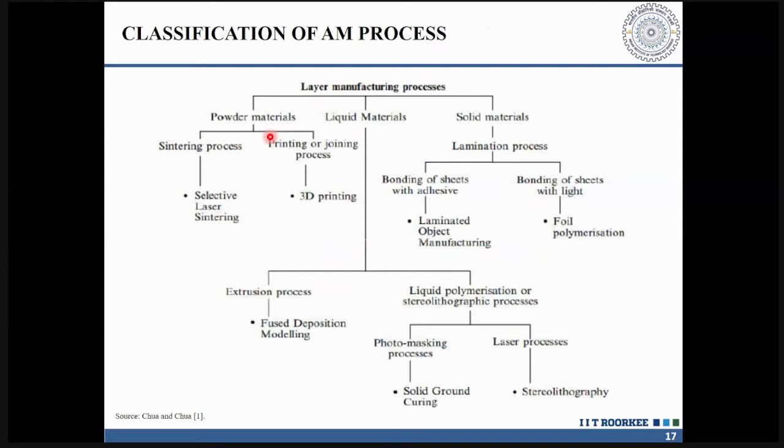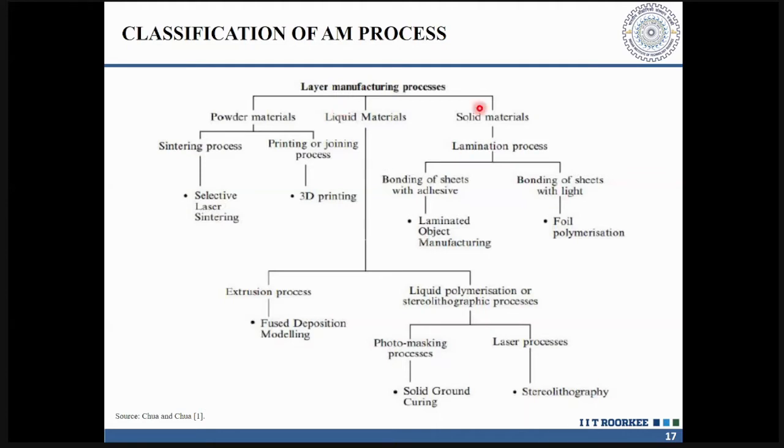That stacking of layers can be in the form of powders, in the form of liquids, or in the form of certain solid materials. If I'm stacking in the form of powders, there are numerous methodologies; we have selective laser sintering. If it is in the form of liquid, we have stereolithography.